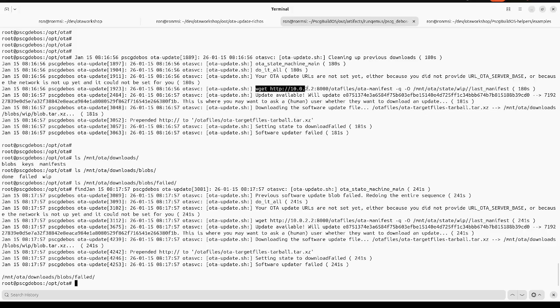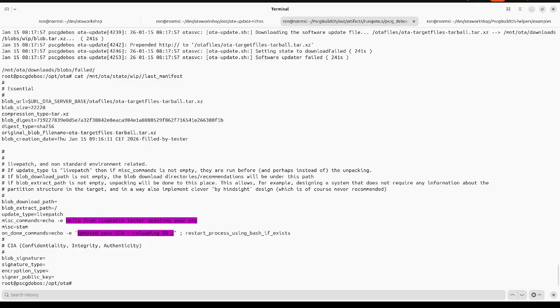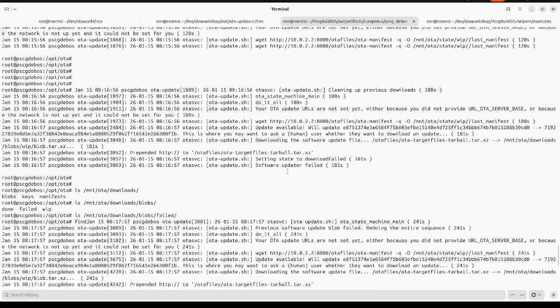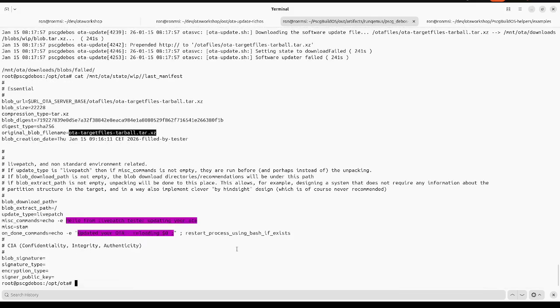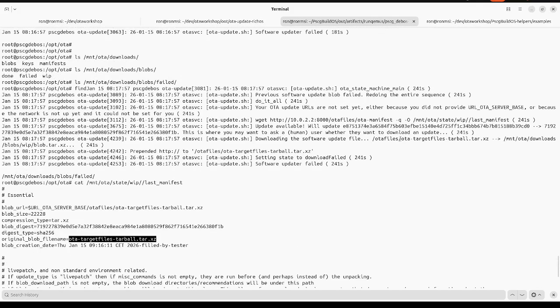So if I just do wget on the manifest itself, it got it, which is good. All right. The file name that we want to get, so the manifest we got. The file itself we didn't get. So we need to see why we didn't get it. For this, we can use our knowledge of where the wget command happens, or look for downloading the software update file,